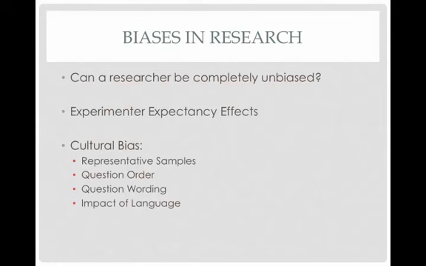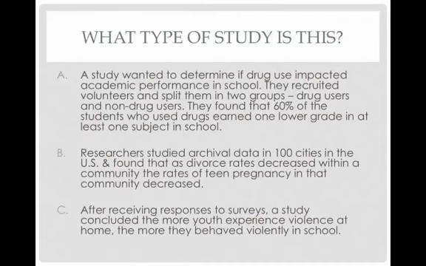So what type of study is this? A study wanted to determine if drug use impacted academic performance in school. They recruited volunteers and split them up into two groups, drug users and non-drug users. So these would be individuals who are already using drugs or not using drugs. It would be unethical for us to get people addicted to drugs. They found that 60% of the students who used drugs earned one lower grade in at least one subject in